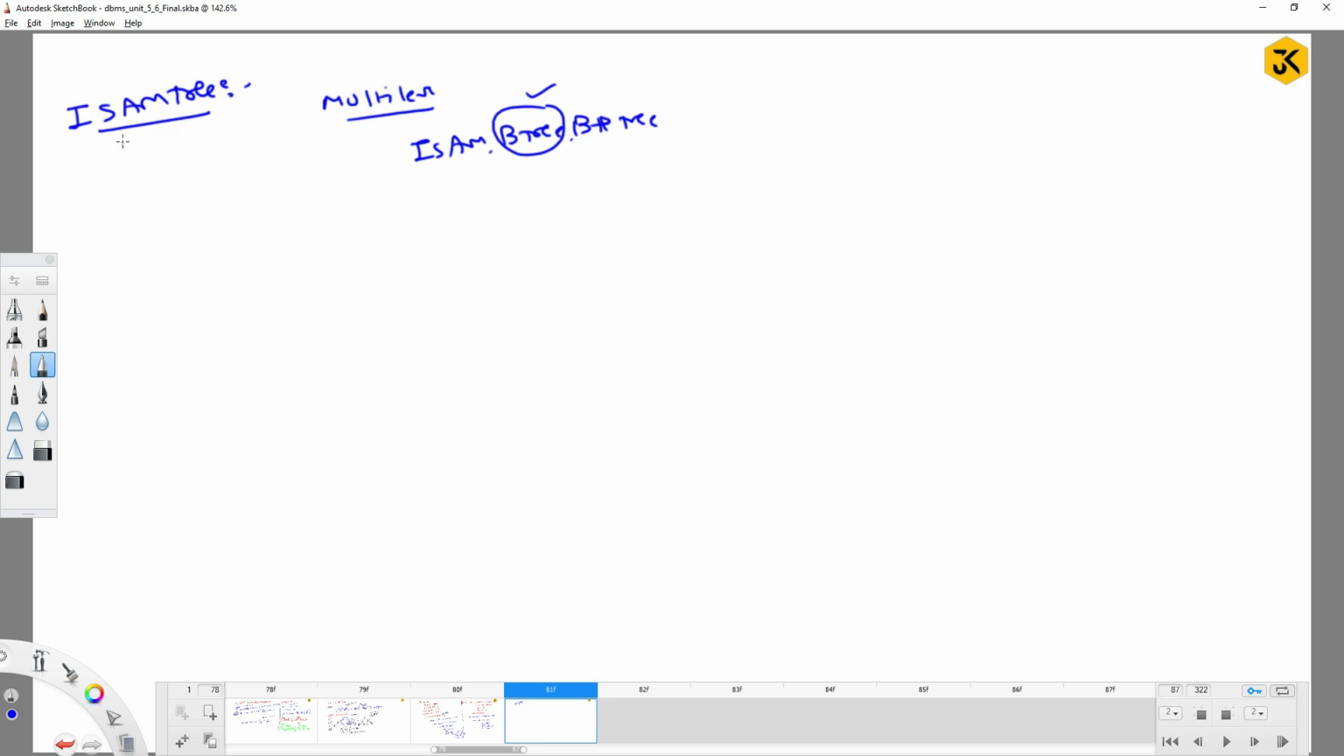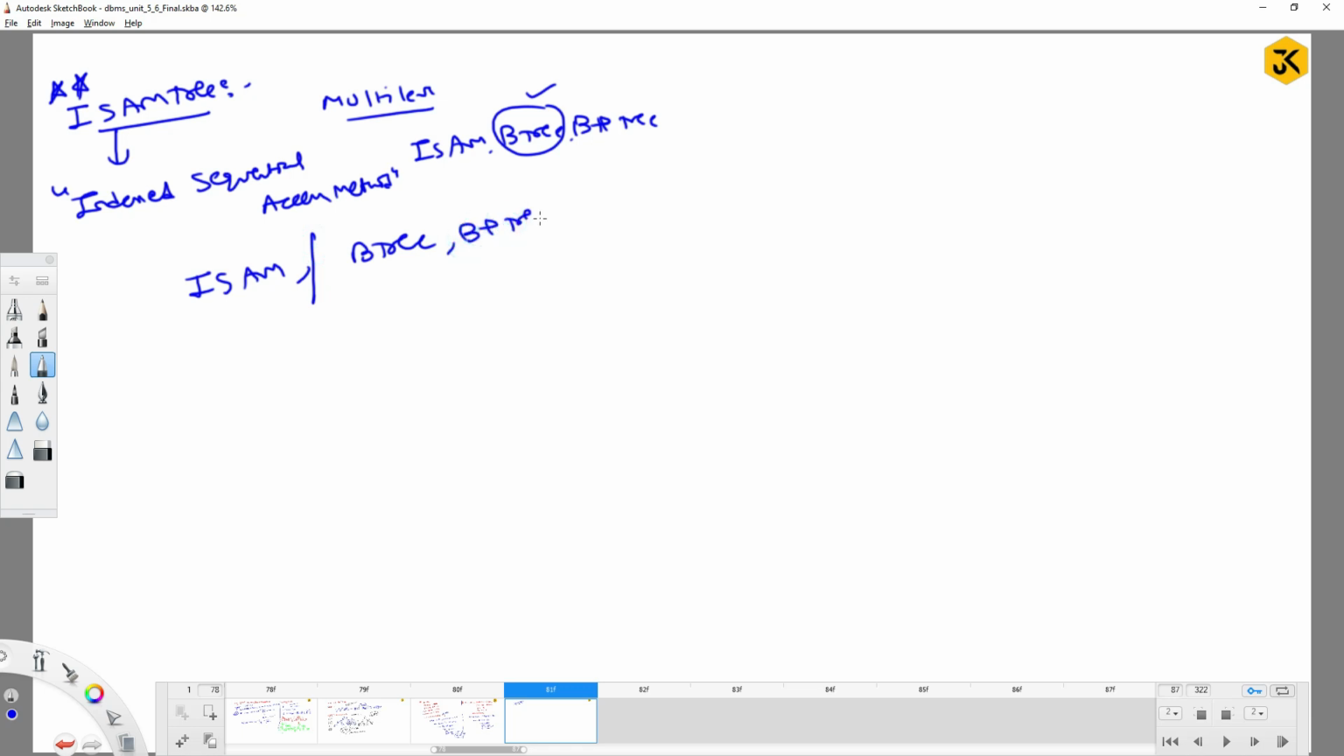ISAM tree means Indexed Sequential Access Method tree, right? It is also meant to provide multi-level indexing, but the difference between the ISAM tree and the B-tree and B+ tree is that the ISAM tree is a kind of static tree, guys, whereas the B-tree and B+ tree are going to be dynamic